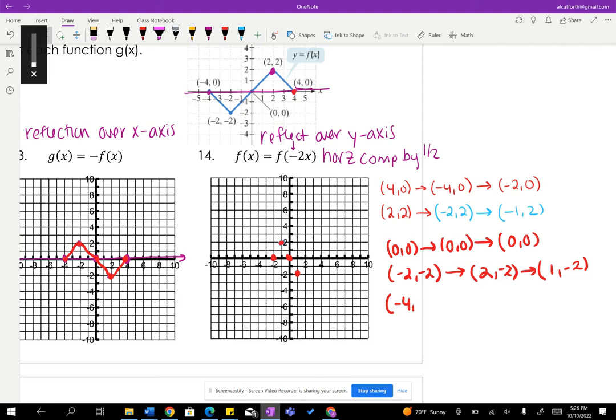And then lastly, (-4, 0). We're going to change the x value to +4. So if it was over here, it's now going to move over to the other side. And then we're going to multiply the x value by 1/2. So that'll be (2, 0). So it's going to move it in closer. So we have now